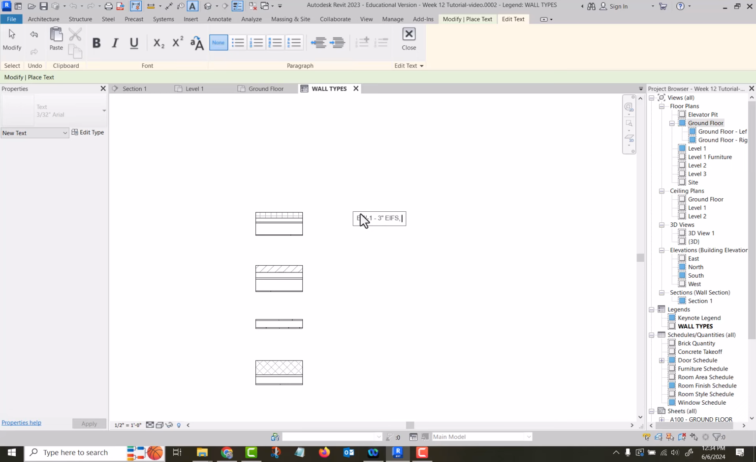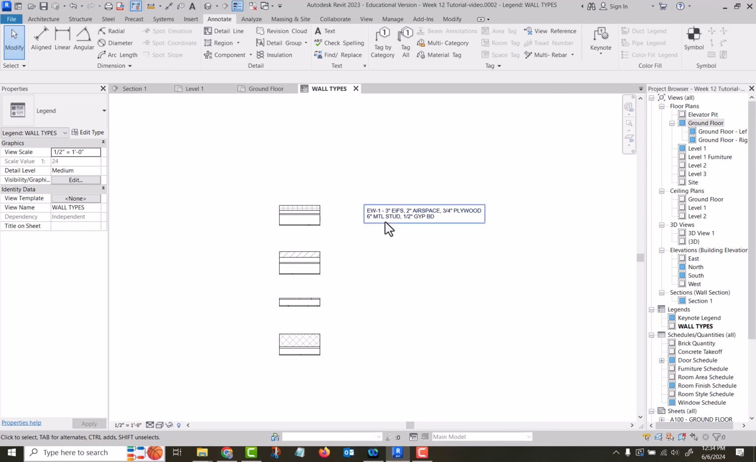EIFS, too much airspace, 3/4 inch plywood, metal stud, half-inch chipboard. Okay, and then you just have to type these things in. That's the only way to get there for each one. Now that we're here,